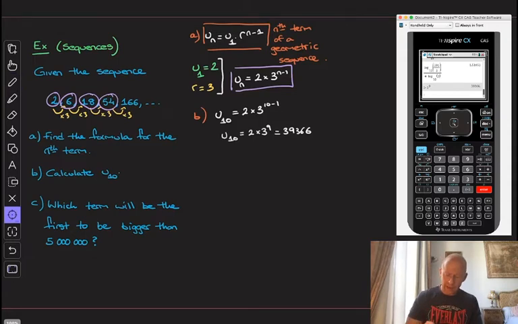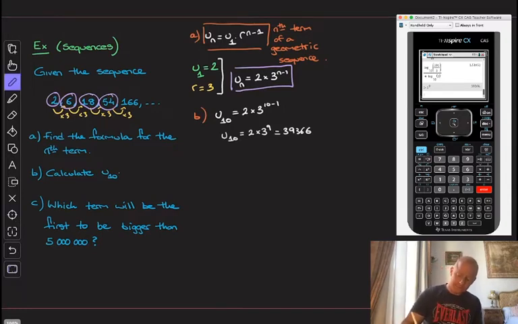Right? That's a pretty large number. If you think of how fast this sequence is growing, we started from 2, and by the 10th term, we're already at this number, that's quite a lot bigger. Okay, and you can imagine if you go to the 30th term, 50th term, well, exponential growth is exactly what this is. Okay, so if I now look at